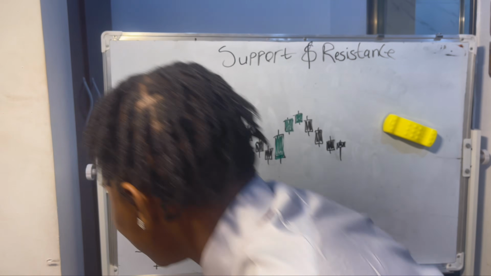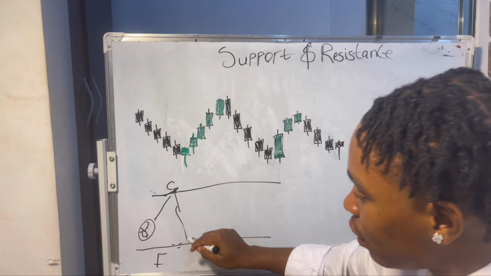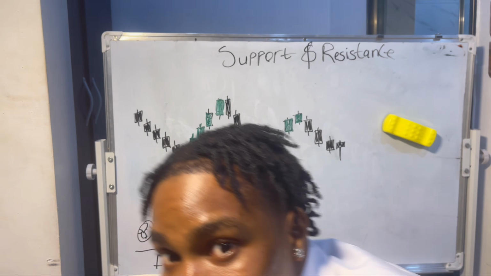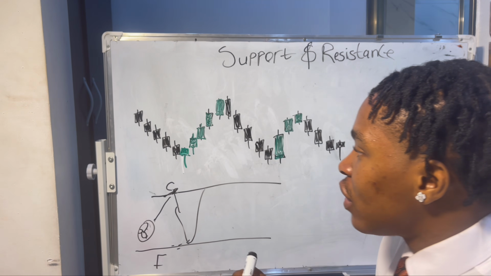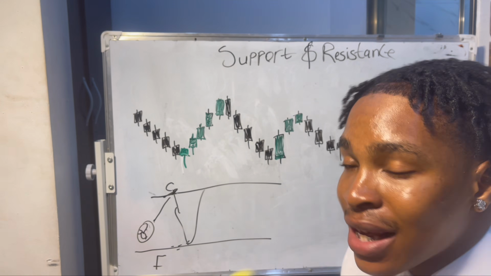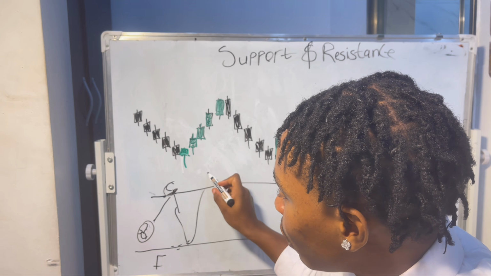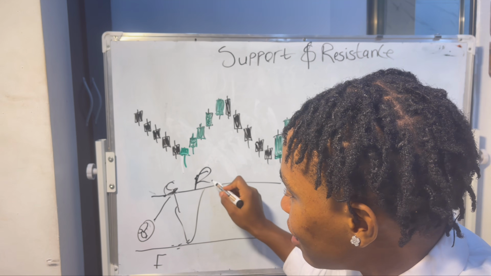Easy. And same thing applies for the floor. If you throw the ball down on the floor, it will bounce off the floor and go up, right? That's basically easy. But now the thing is, in Forex there's something similar to that, and we basically call this support and resistance. Now this up part, this C, is what we call the resistance, right?